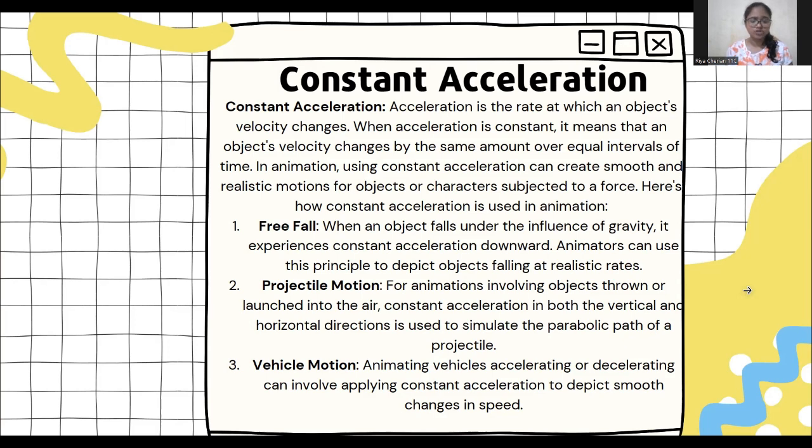Second is projectile motion. For animations involving objects thrown or launched into the air, constant acceleration in both vertical and horizontal directions is used to simulate the parabolic path of a projectile. Third is vehicle motion. Animating vehicles accelerating or decelerating can involve applying constant acceleration to depict smooth changes in speed. So let's understand animation with the life cycle of a butterfly. First,